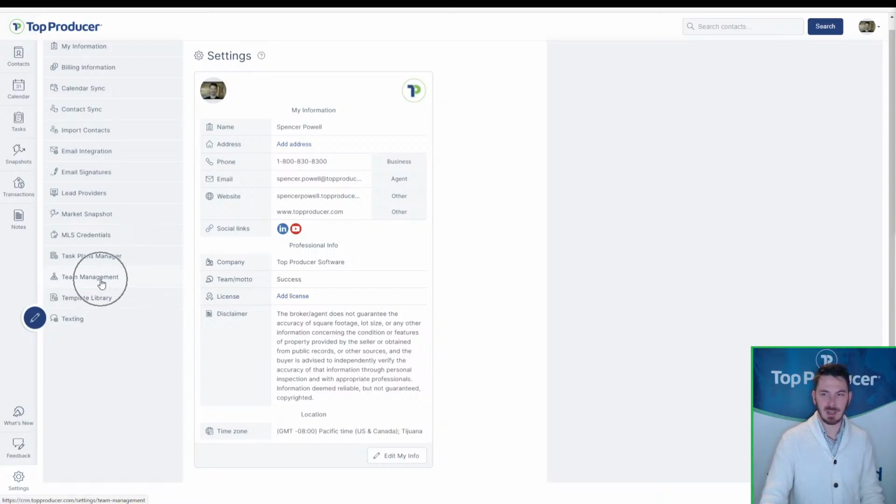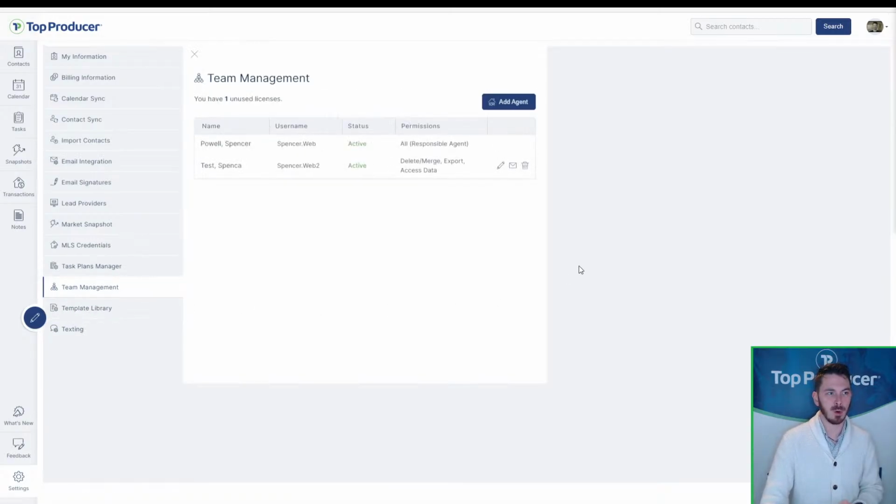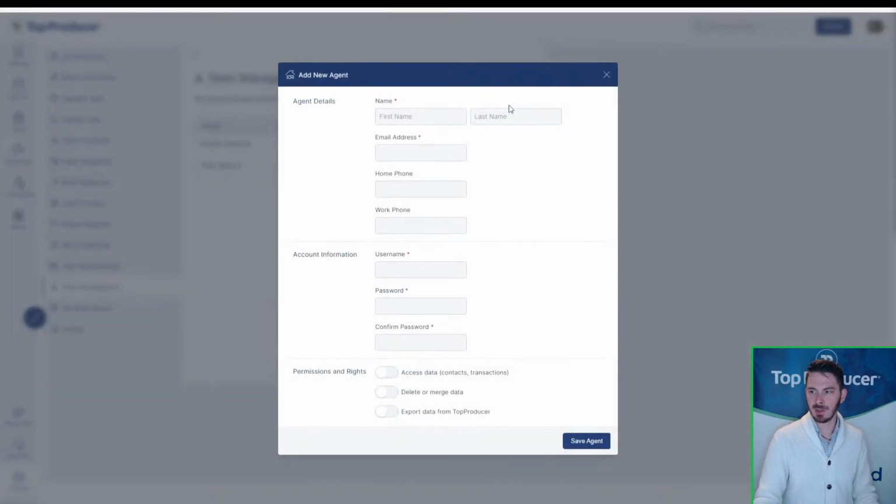And then yeah, we have team management here. This is specifically for team leaders, brokers. If you're not the primary user on the account, you will not have access to this. So yeah, this is where you can configure additional users. So if you're structuring your team in Top Producer and you're the team leader, you just add an agent. You can fill in their information, give them a username and password, and you can choose which permissions they should